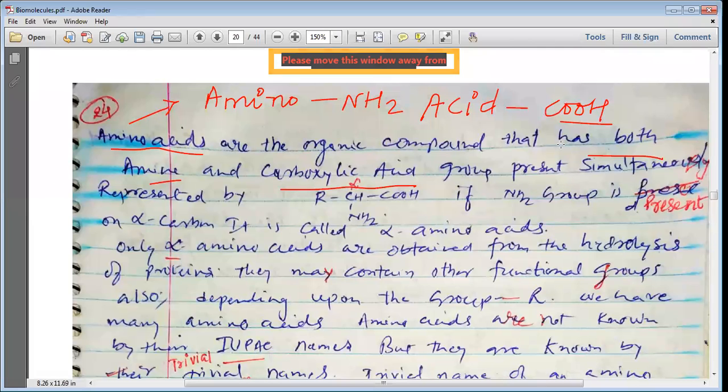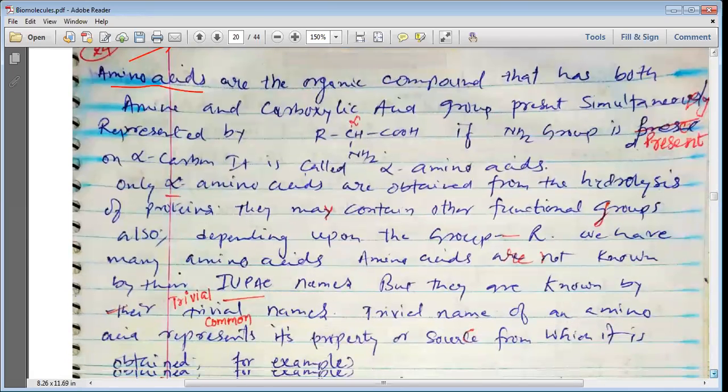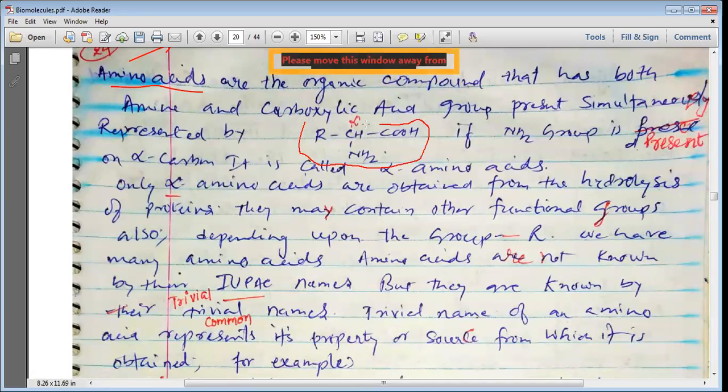So in amino acids, my dear students, we have both the groups, the amine group and the carboxylic acid group, present simultaneously. We can write the structure of an amino acid in this form: R, CH, NH2 and COOH. This NH2 and COOH must be present in the structure. This R may vary for the various amino acids. Please remember that only the structure of R varies for the various amino acids, but the carboxylic acid and amine